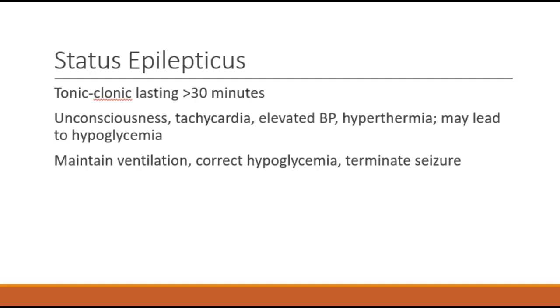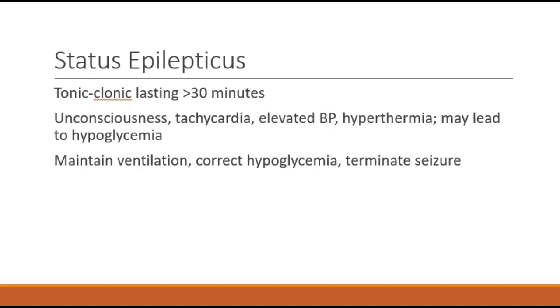The best treatment is to start if it's lasting greater than 5 minutes. You want to stop these kinds of seizures. So you have continuous muscle contractions. The airway is compromised. You may be unconscious. You have tachycardia, increased blood pressure. You get excessive muscle activity, so hyperthermia. Get hypoglycemia. You're using up a lot with this increased metabolic needs, and lactic acid builds up, so you can be acidotic, and also you can have pulmonary edema with this. So this is a big, serious